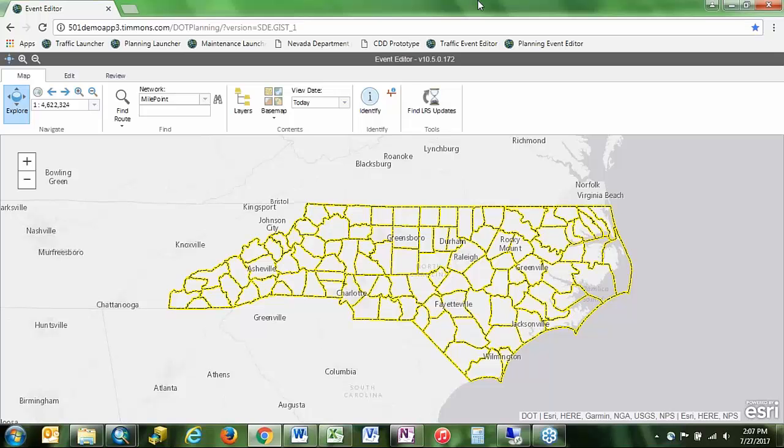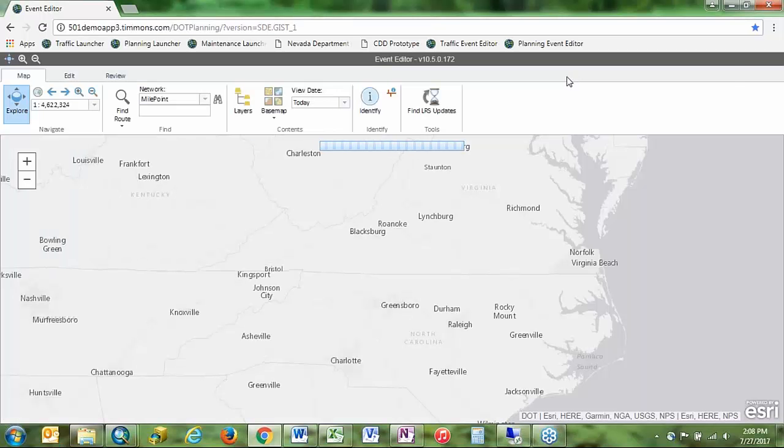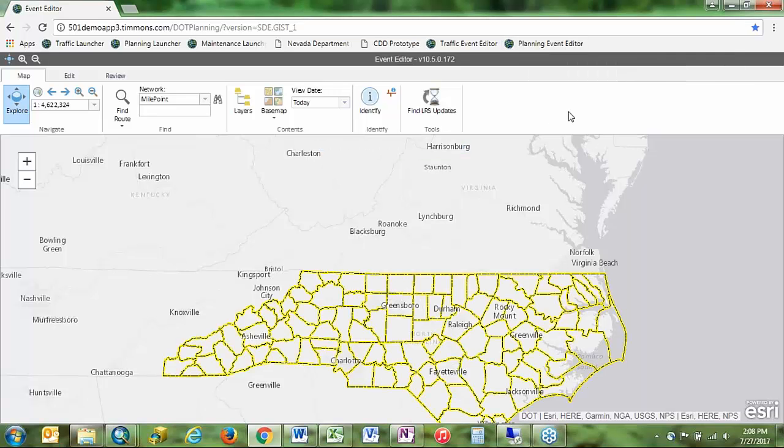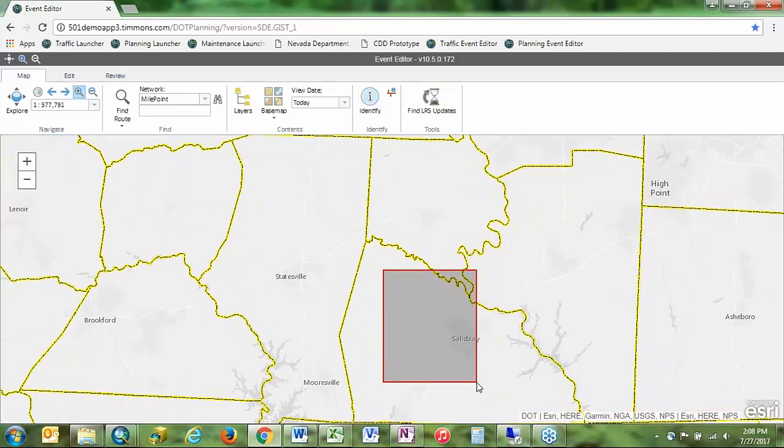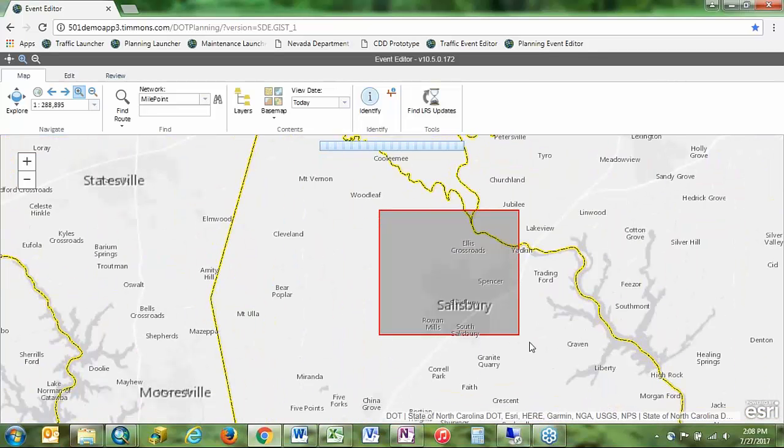Let me change hats real quick. I'm going to go ahead and be, let's call me a planning analyst now. Let me just refresh this so you see where we're coming in. This is an event editor application for someone in the planning group. Like I said, the hat I'll be wearing is a planning analyst. So let's go in here and make a couple of really scary functional class updates just to build out some more test data.